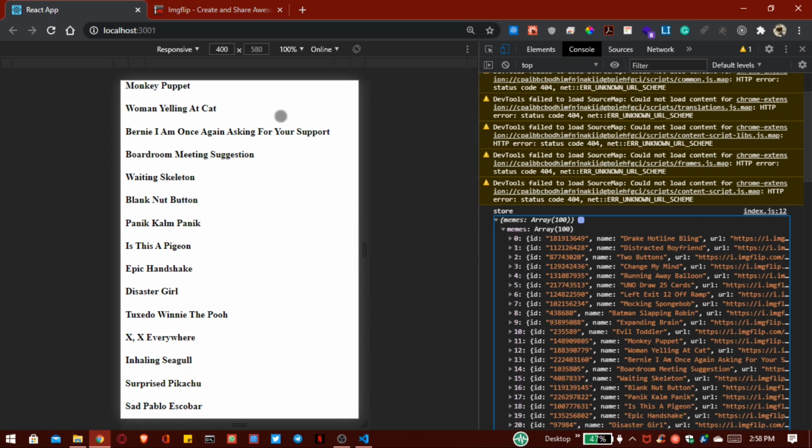Now I don't want to show all of these memes' names. I only want to allow 10 memes, and if our user clicks on that button, that is show more, after that our next 10 memes are shown. So for that